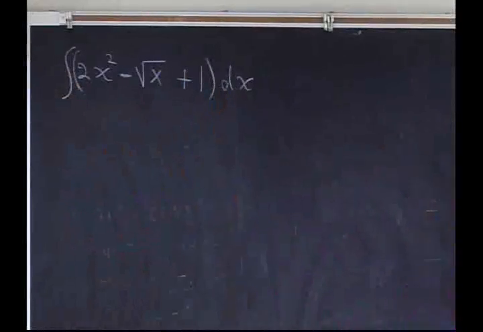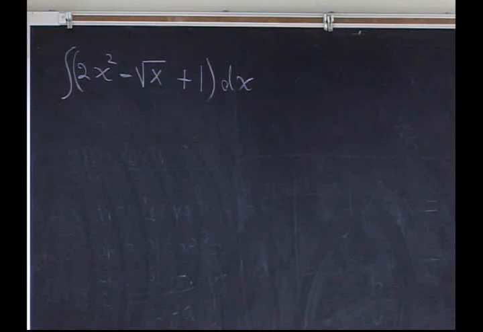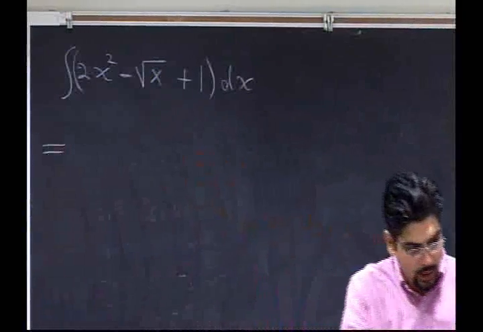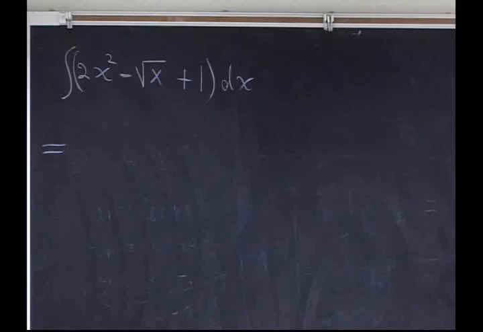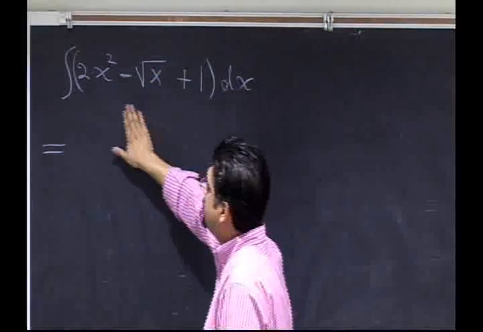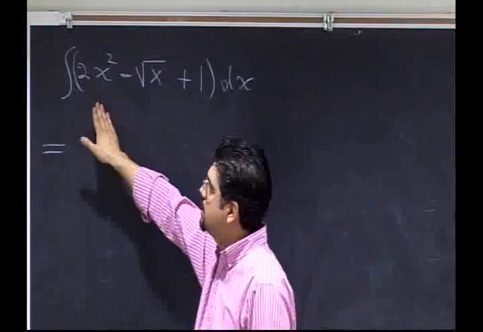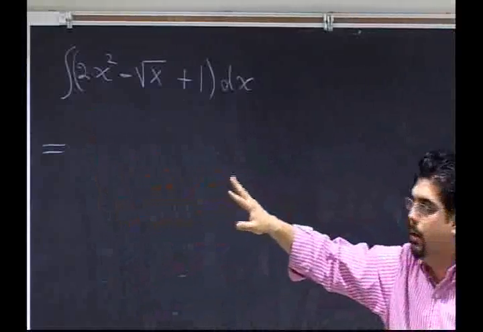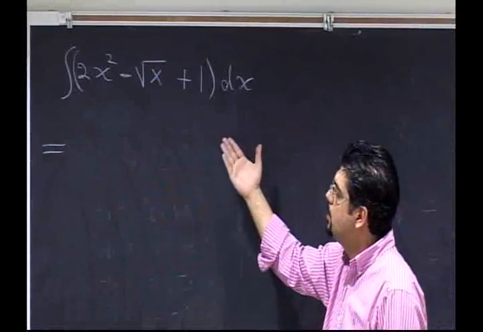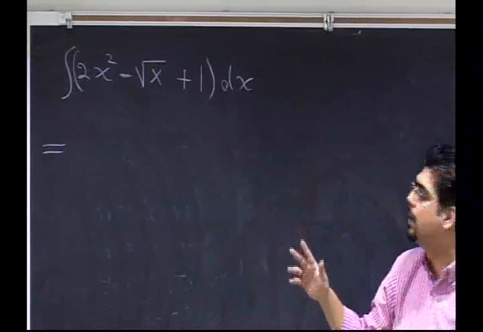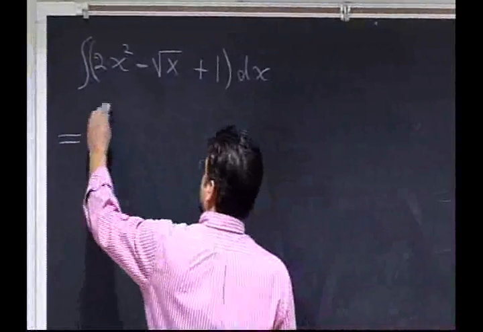So let's calculate this. If I were to look at property 0.15, it says the integral of a sum or difference is the sum or difference of the integrals. Or you could think of this in terms of derivatives: the derivative of a sum or difference is the sum or difference of the derivatives. So just working backwards, I could say that this is